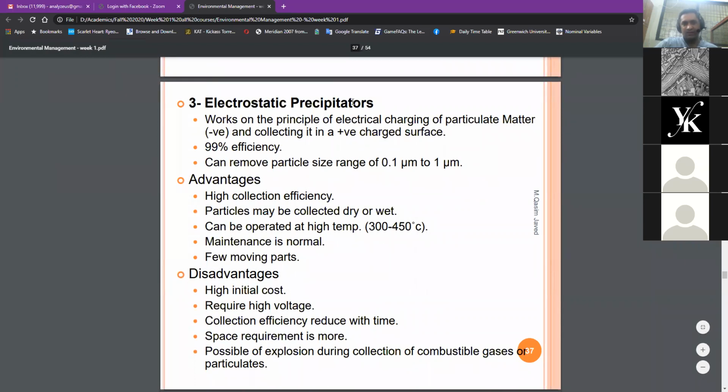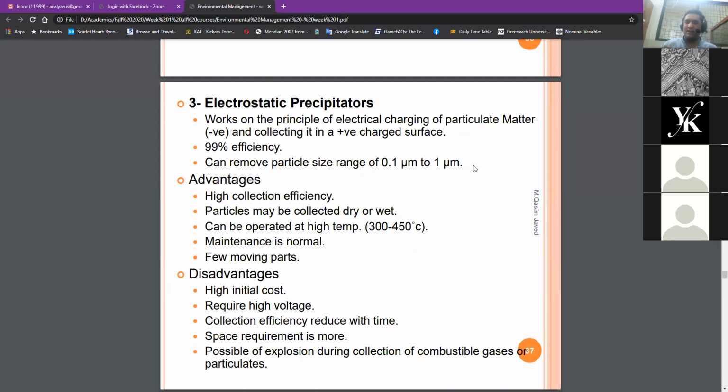Electrostatic precipitators. Electrostatic basically means the static electricity which is generated through physical movement. You do experience this when you're wearing a sweater or a blanket in winter. You feel or hear some small shocking noises, or you see some sparks. That is called electrostatic, which is generated from mechanical energy and movement.